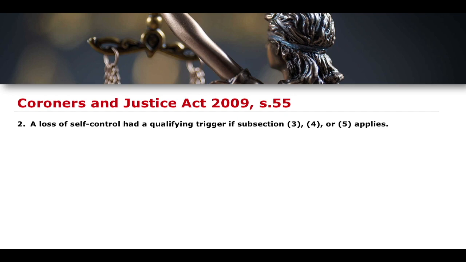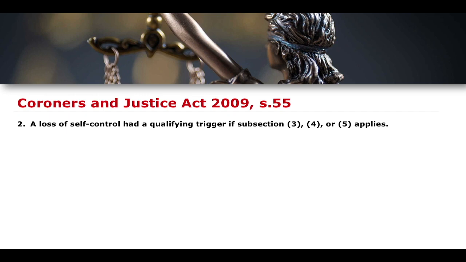Section 55 of the Act says the following. I'm not going to read all of it because I'm only focusing on the specific elements relating to the qualifying trigger. So Section 55, subsection 2 says a loss of self-control had a qualifying trigger if subsection 3, 4, or 5 applies. So essentially, if you are the prosecution and you have been given a defendant who is charged with murder, and the defense is arguing for voluntary manslaughter by way of loss of self-control,